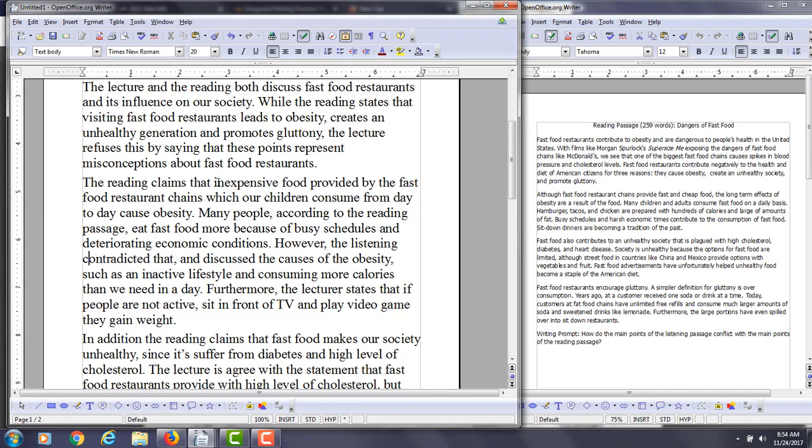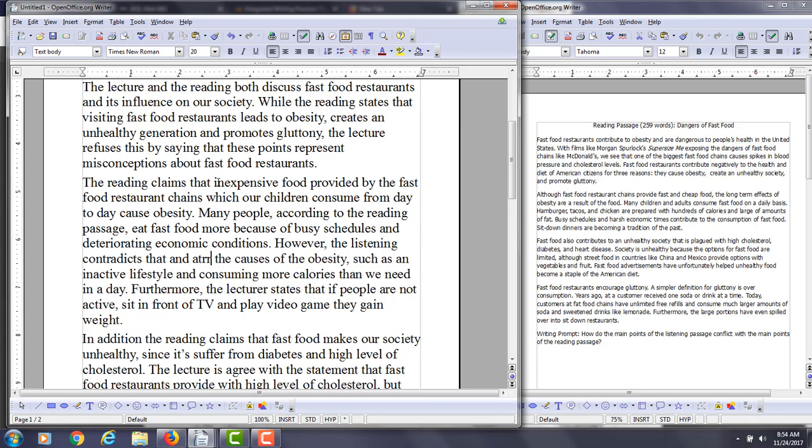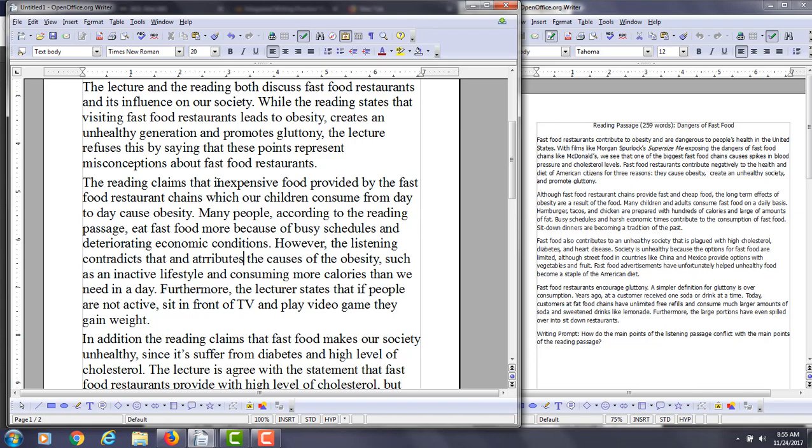However, the listening, I'm going to keep it in present here, contradicts that. I'm going to say here, this word attributes is a good word to use in this case. However, the listening contradicts that and attributes the causes of obesity